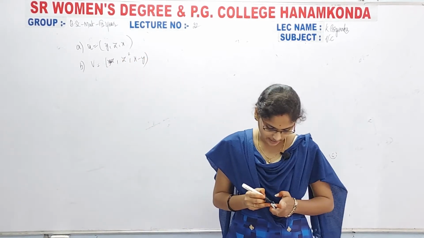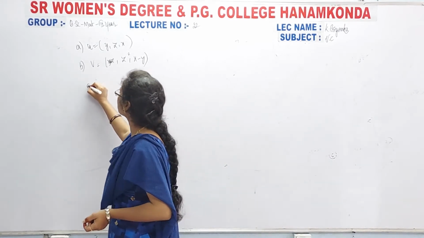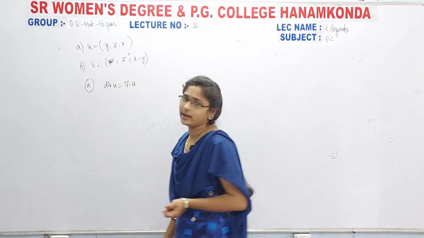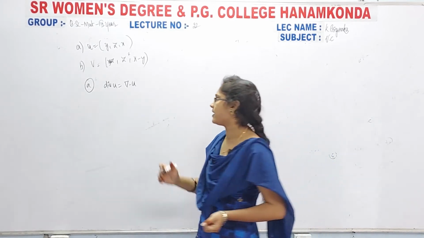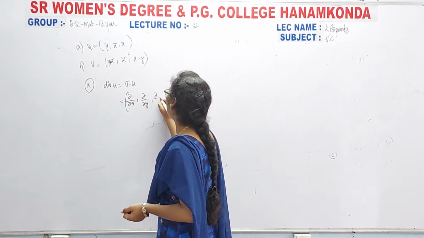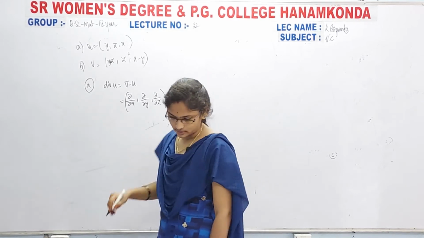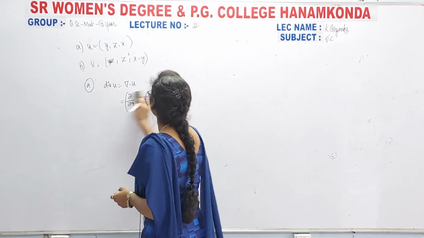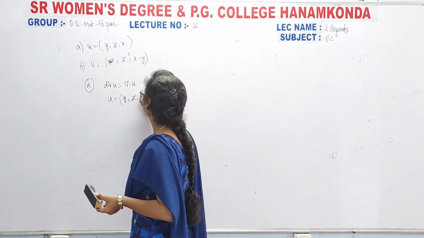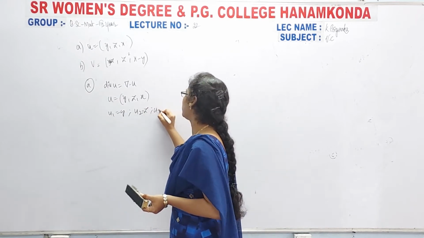Now first of all you have to take that u. They are asking the curl and the divergence of u. So firstly, the divergence of u means what is the formula? Of course we will denote like this: dou by dou x comma dou by dou y comma dou by dou z of u, where u means y comma z comma x. Already we know that, so they gave u equal to (y, z, x): u1 equal to y, u2 equal to z, u3 equal to x.